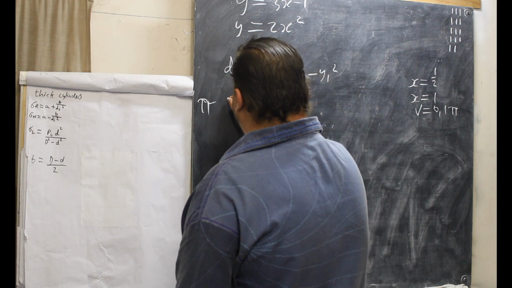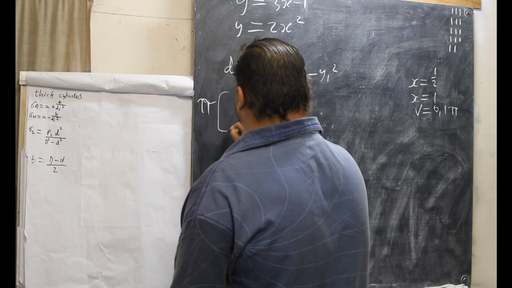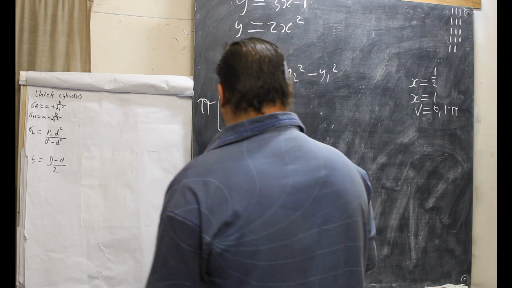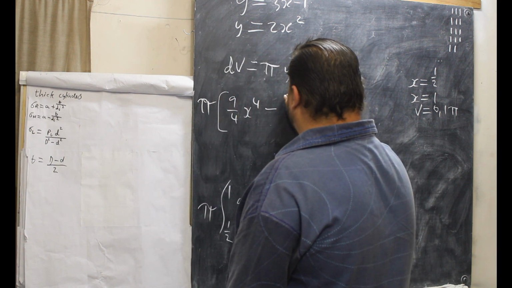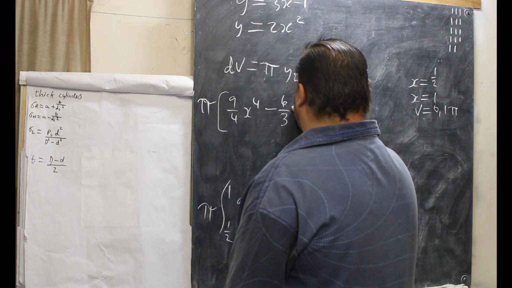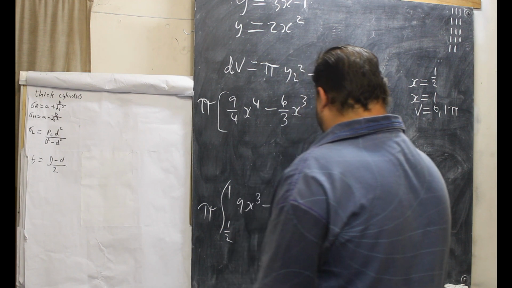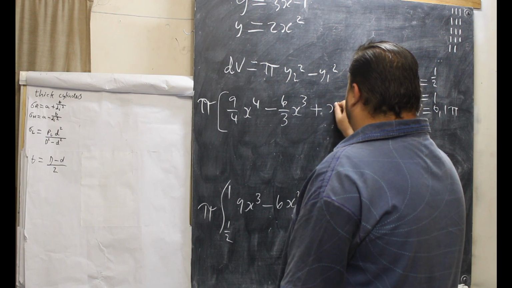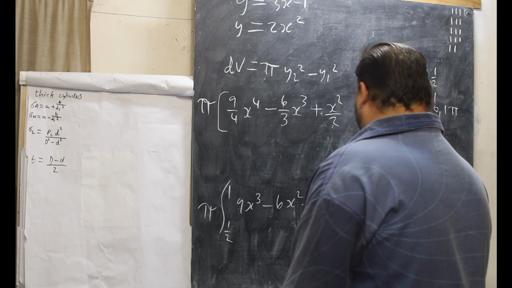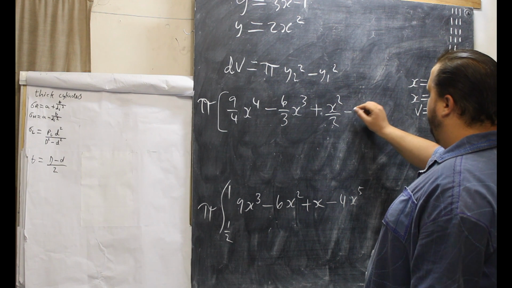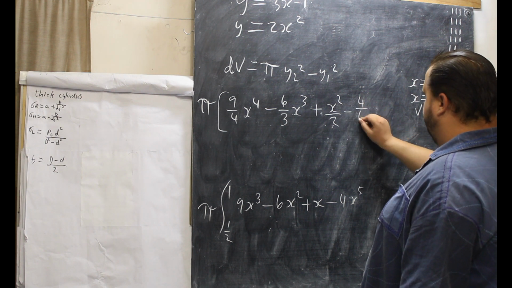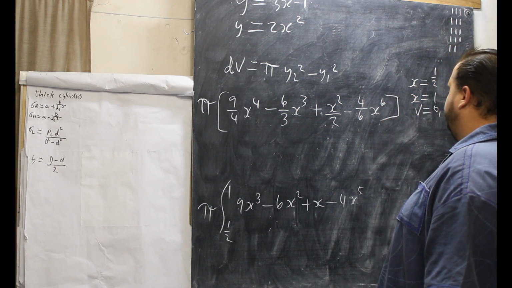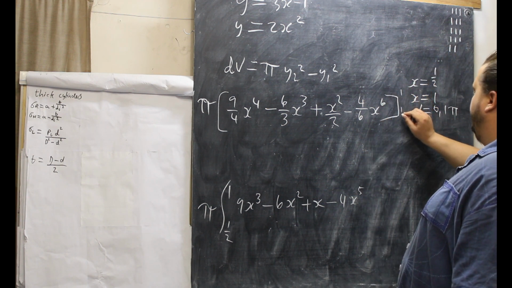Now that is bracket 9/4 x to the fourth power minus 6/3 x to the 3 plus x squared over 2 minus 4/6 x to the 6. 1½